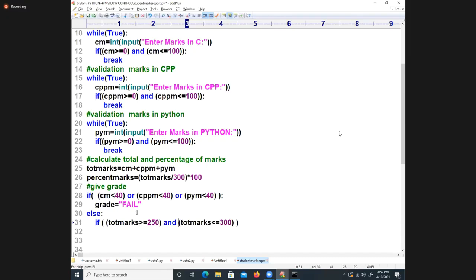Very good. So if you think about it now, you will say the correct answer. If you don't think about it, if you did not touch the book, you will always get a doubt. It's not only for you, it is a common tendency for every student. Suppose you secured 270 marks. For example, 270 greater than 250, true. 270 less than 300, it is also true. Then what should I write? Here I will write grade is equal to distinction.